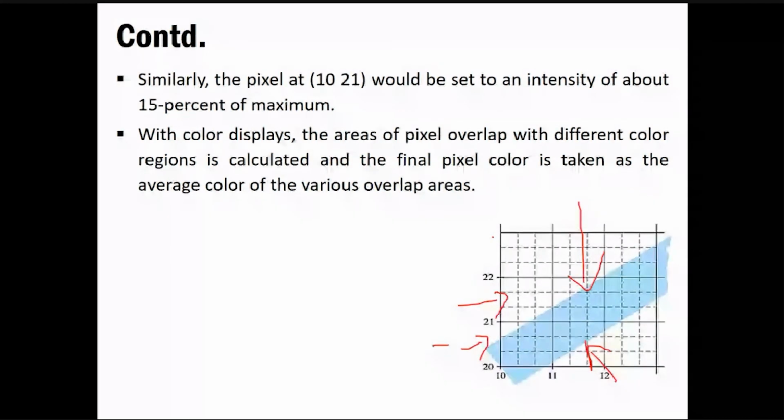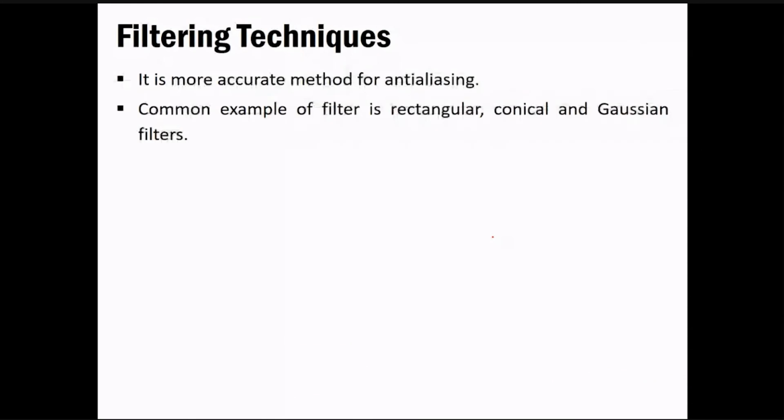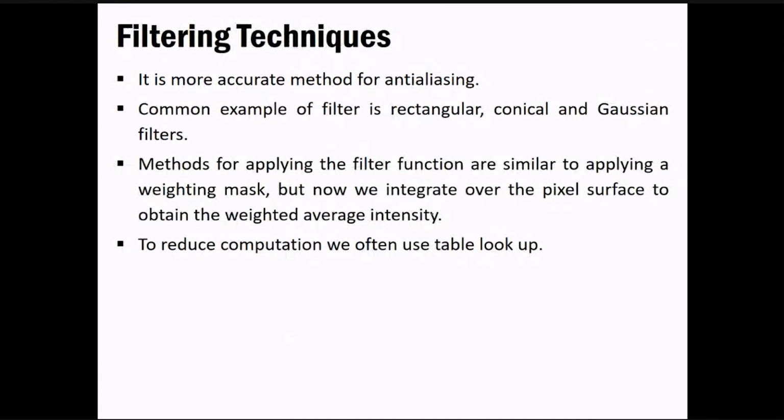Okay, so now we have one more thing, that is the filtering technique, and in that you have a few readily available filters. Over here we have, for example, a rectangular filter, a conical filter, and a Gaussian filter. But obviously you already know they are used to remove noise from the given thing, or they try to blur the given thing. Okay, so if you open Pixart and you apply this Gaussian filter to that image, it will try to blur it. The intensity that was there earlier will be reduced, and you'd be getting something very blurred.